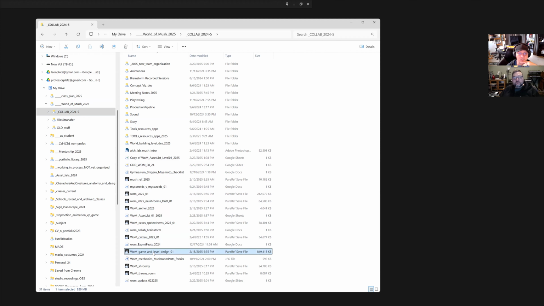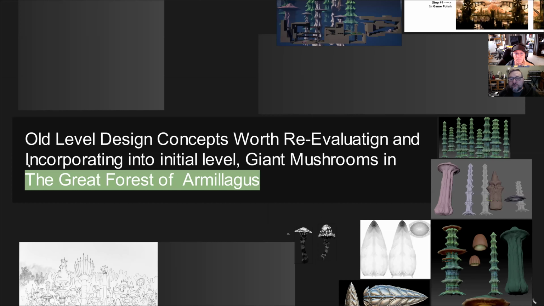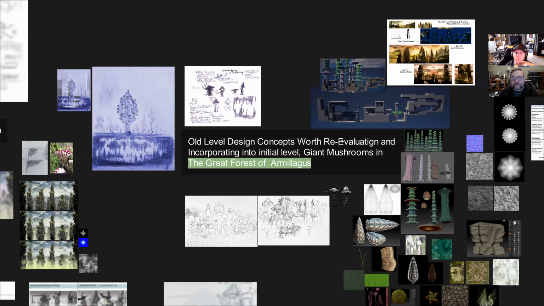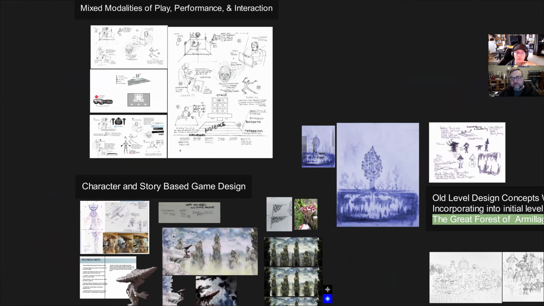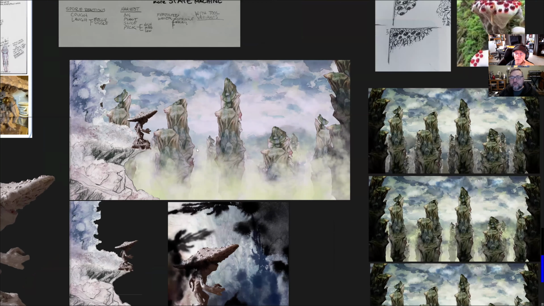If you look at game and level design, that one's opening. I hope my stuff doesn't crack. I gotta bring this computer and it's going lemon. Here we go. So a lot of what we did was our first game jam and the last couple meetings. This kind of walks through the character in the first story. I think you wanted some visuals.